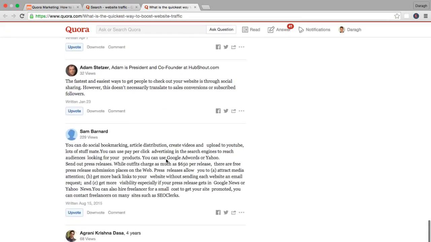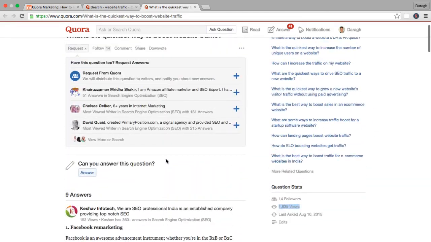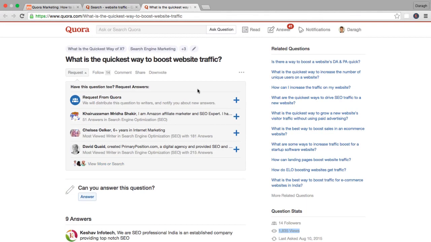If I scroll down through the answers here, some of them are quite large. I wouldn't say they're amazingly formatted. There's not that many images in them. So what I might do is say, okay, this is potentially a question that I can answer and get to the first or second position relatively easily. So what I want to do then is, if I want to keep this question and save it for later, I can click on these 3 little dots that appear above the question here, and I'm going to go to answer later here. And now that will be added to really sort of a wish list for me that I can come back and answer anytime.